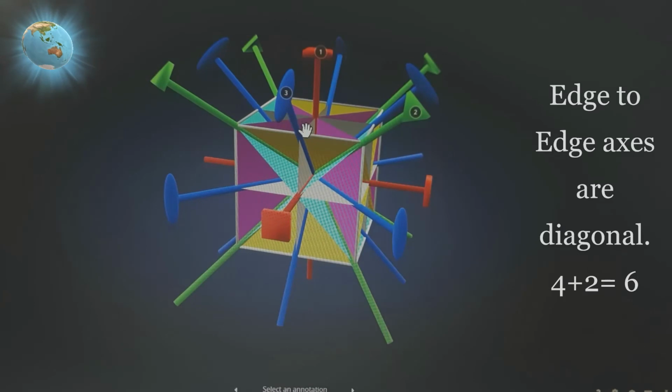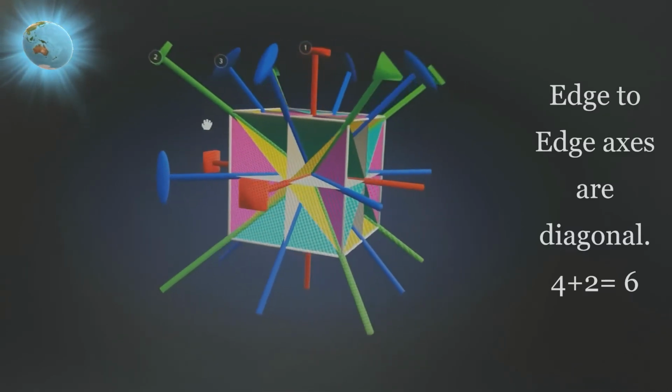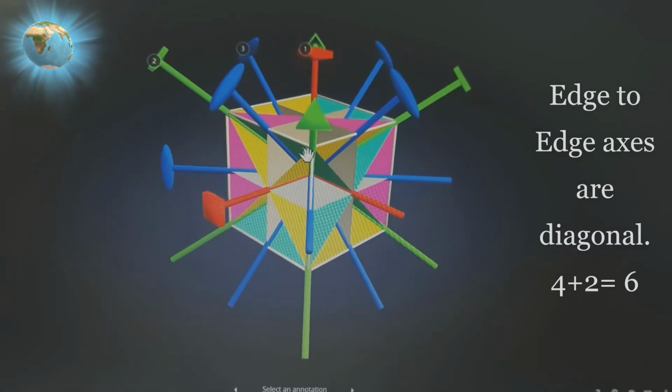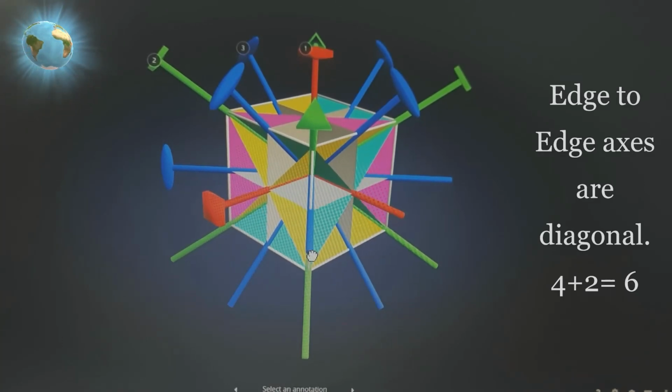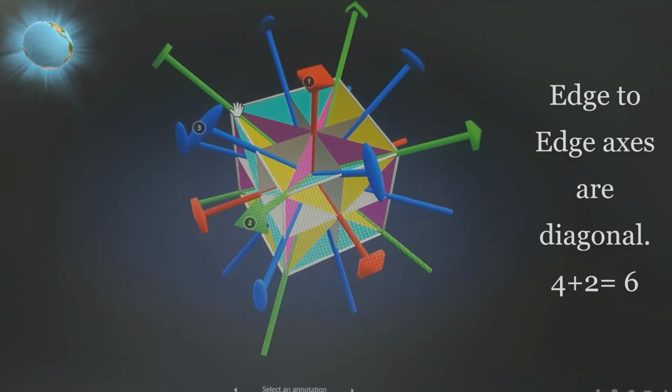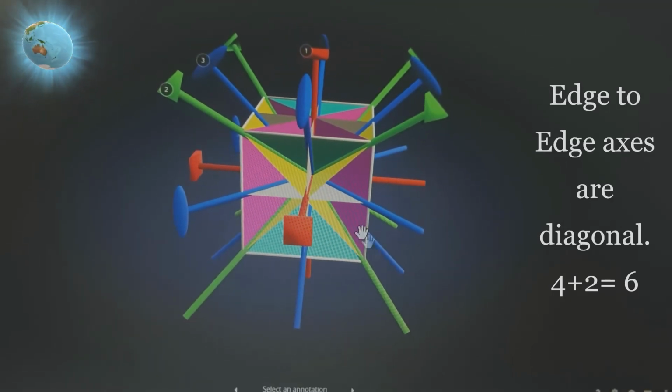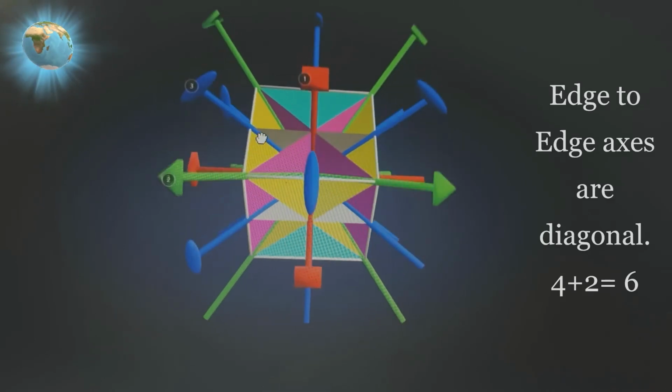So this edge, center of the edge is here. Axis is going from this point, coming out from this point. Can you see? It's coming out from this point, center of this edge. So edge to edge it is coming. So how many edge to edge axes are there? See, this is edge, this is edge, this is edge, this is edge. So it is going in, coming out here. First axis. So this edge is covered.